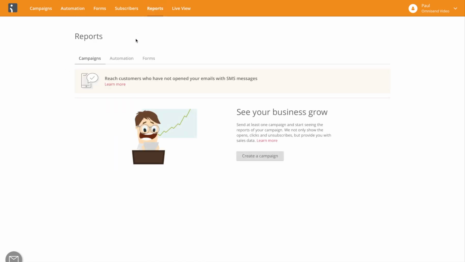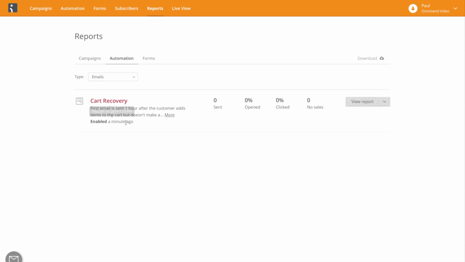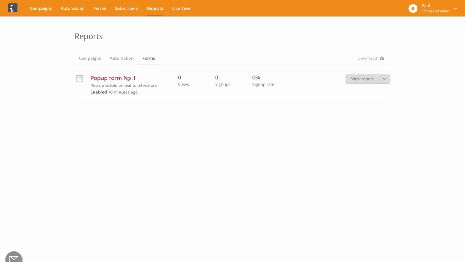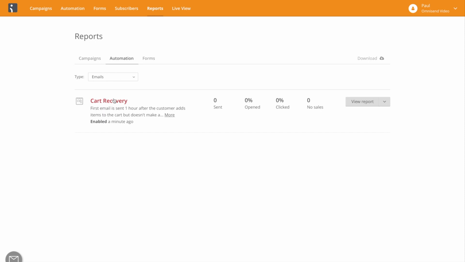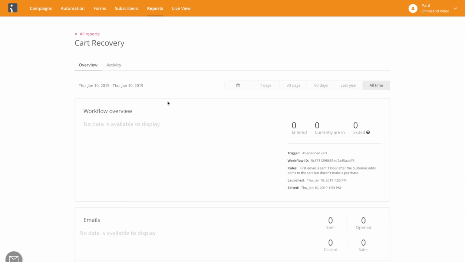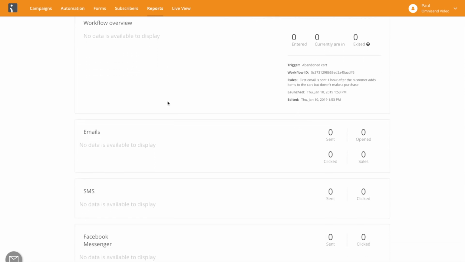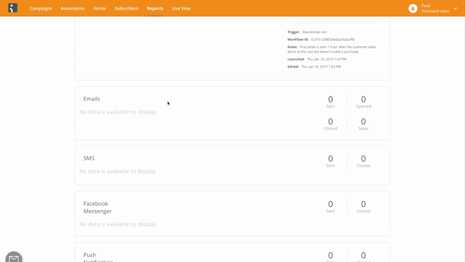And over here, we have 3 different sections: campaigns, automation, with our first automation already available, and forms, with our first sign-up form already available here as well. And if we look at those different tabs, we have a way to download all the reports for all our automations, campaigns, or forms. Or we can jump into the automation and look at the particular report for that particular